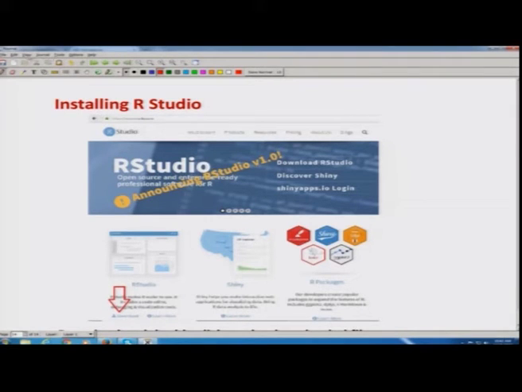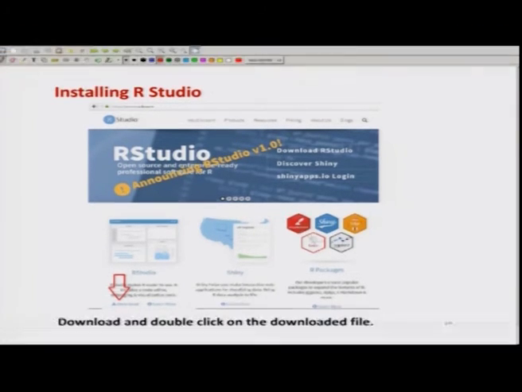I have simply taken a screenshot of this. So, this software will be opened, and now we have to simply come over here, click at the download part, and this software will be downloaded. And once this software is downloaded, then you can install it on the computer.